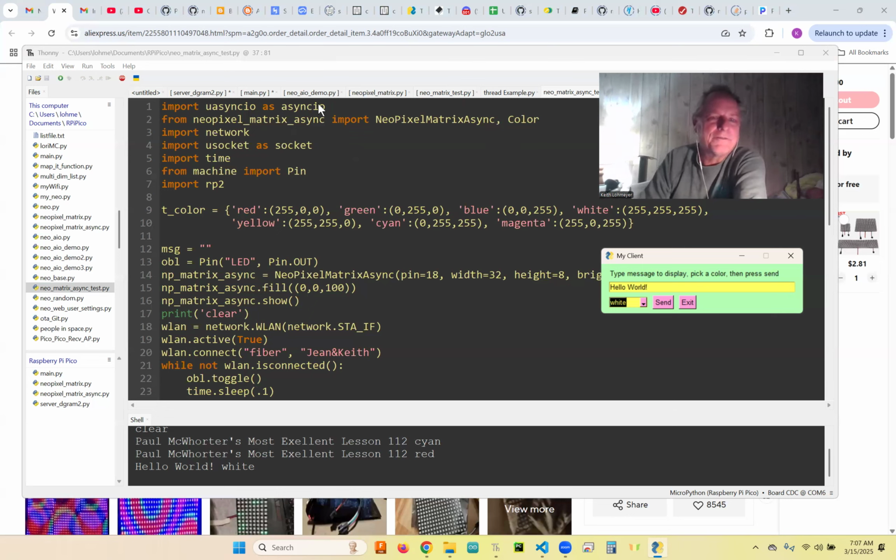Like I say, you had to have asyncio because we're using it in our main code, plus the library, network and socket, and time and pin, and of course, Raspberry Pi. I'm not sure I needed that. It probably got brought in with the NeoPixel matrix library. Okay, so